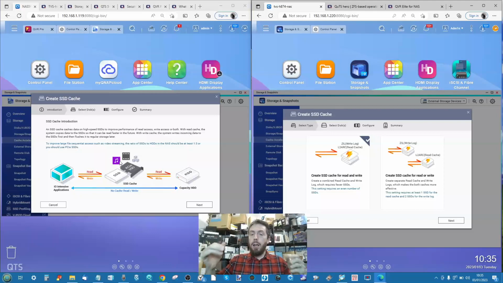And it's just the cache handling and the cache algorithm is just better on ZFS platforms, and that has been converted over to the ZFS platform QuTS. And I do think those of you that are going in using caching, unless the appeal of QTier and that kind of merged shared media platform that QTier offers